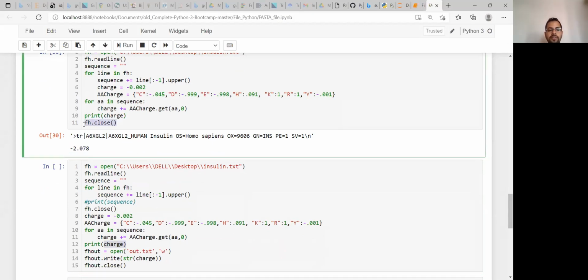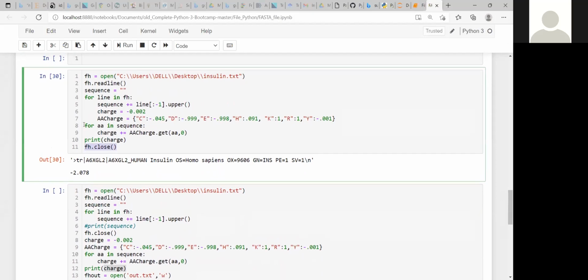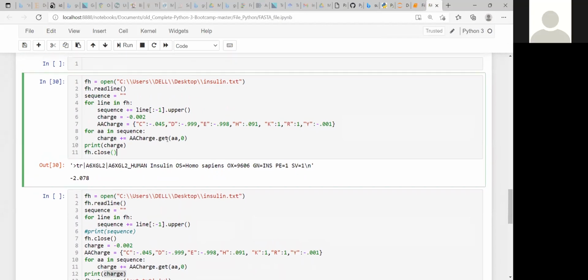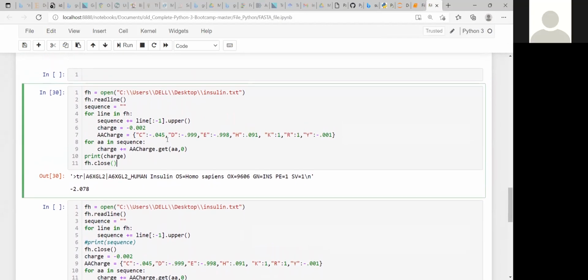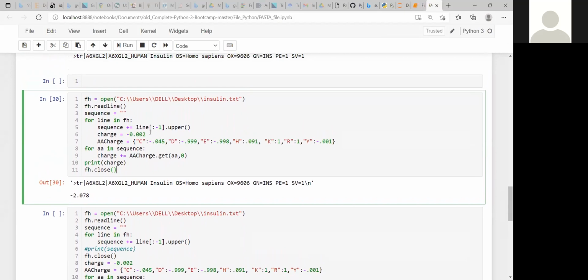Sir, in this particular program, will the /n also be converted to uppercase? Which /n are you talking about? The one that separates the lines in the sequence, because we are not replacing or doing anything with that /n. Will it also be converted to uppercase?